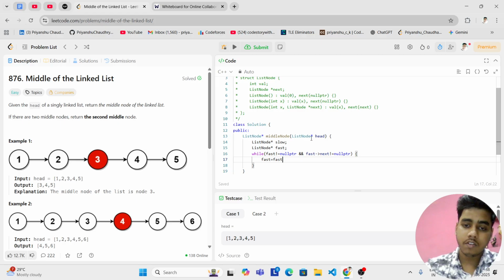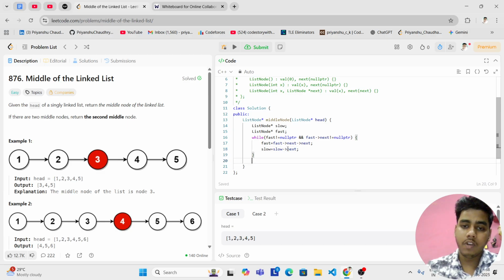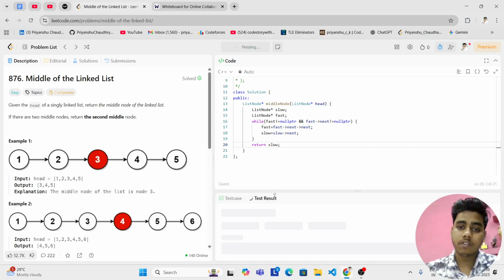Fast will be fast of next of next and slow will be slow of next. Whenever this loop ends, we can return the slow pointer and this will give our required middle node. So if I run this,